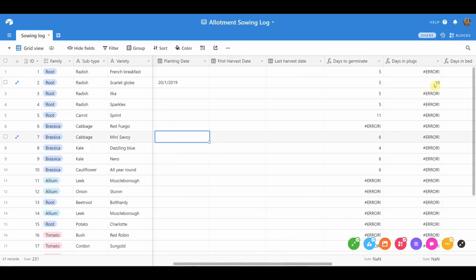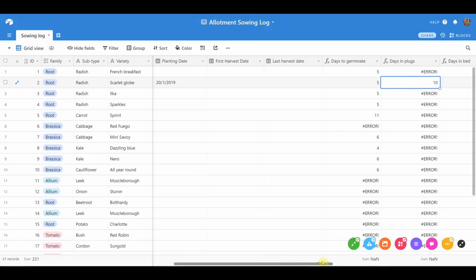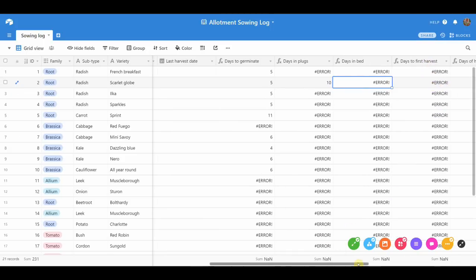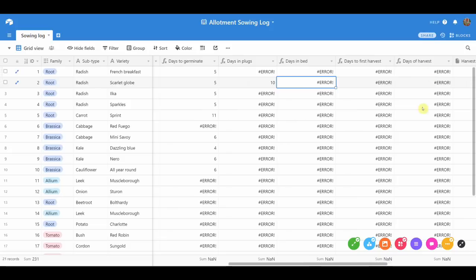And the only ones that I've actually planted out are the Scarlet Globe, and so here it took 10 days. So it took 10 days from planting the seed in the plug to planting it in the cold frame, and then eventually I'll be able to calculate automatically the number of days that it was in the cold frame, which is an error at the moment because we haven't harvested it yet. Days to the first harvest, and the number of days that we harvested for,